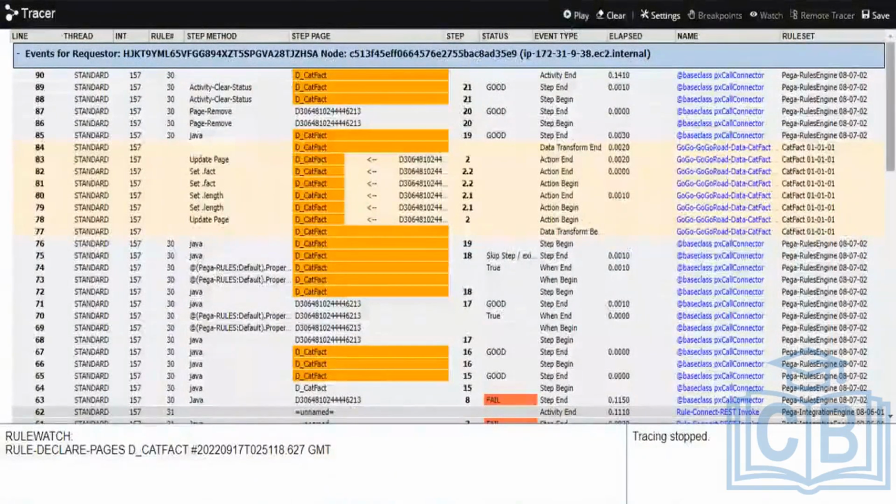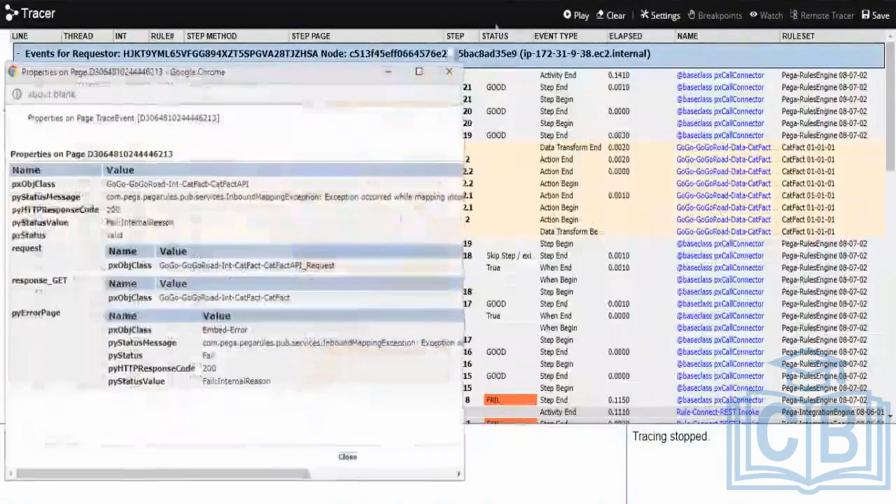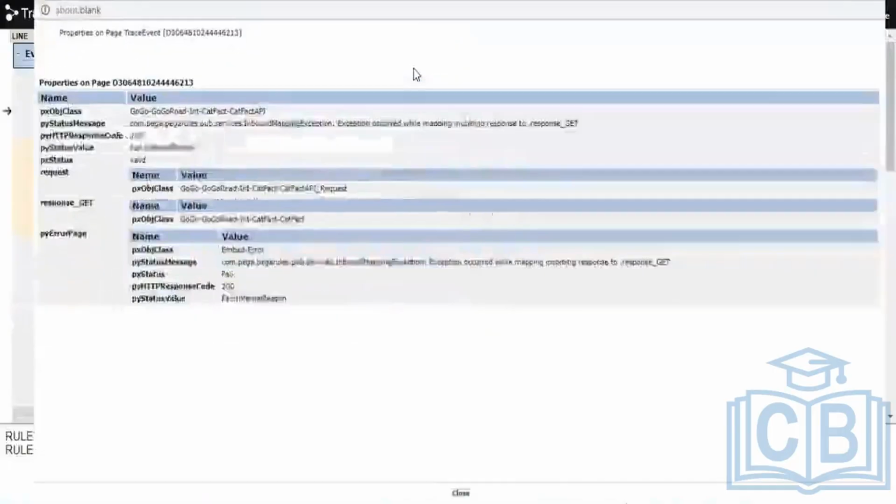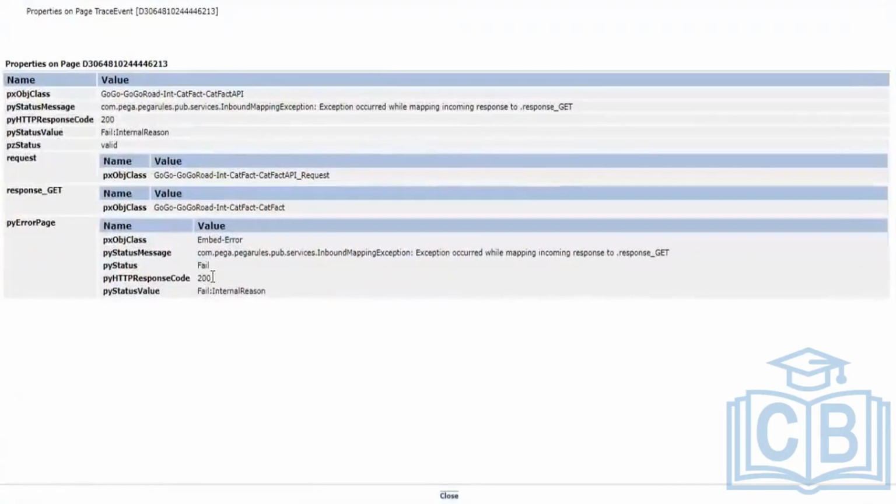Directly go and check on page remove. It can be done without pause, but it is better to pause and open, because if it is playing, the system will get stuck sometimes. Just open the page remove. See the response. What are you getting? See the response you got. You got the PUI error page right now.